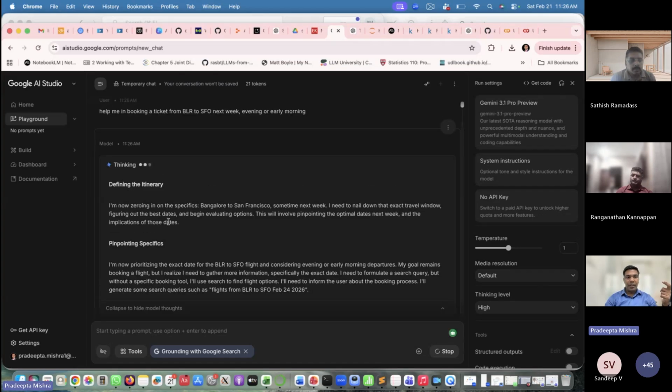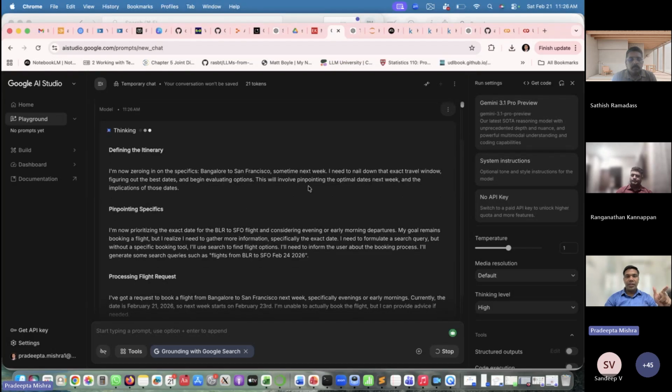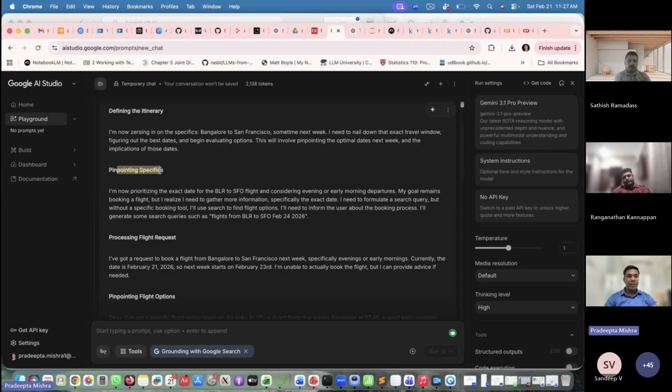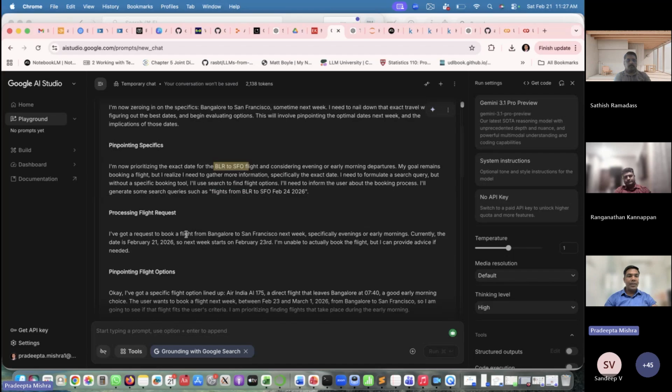First, defining the itinerary. I'm now zeroing in on the specifics like Bangalore to SFO, sometime next week. I need to nail down that exact travel window, figure out the best dates, and begin evaluating the options. That's the planning. So I will connect this to the concepts that we are going to learn in the PPT itself, right? So the first thing is defining the itinerary or the goal. The goal here is finding the best itinerary for the travel. Now pinpointing the specifics. The specifics could be like Feb 24, 2026, Bangalore to SFO, and the next option is processing